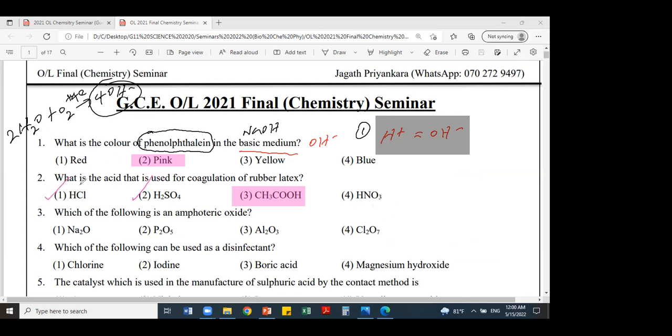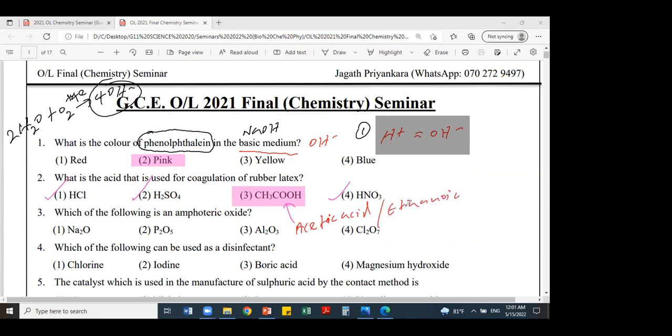Hydrochloric acid is present in your stomach also. Both these are strong acids. Nitric acid also is a strong acid. They completely ionize. pH value is very low. But vinegar, what are the other names given for this? Acetic acid. Acetobacter bacteria. Vinegar industry. Acetic acid is also sometimes called ethanoic acid.